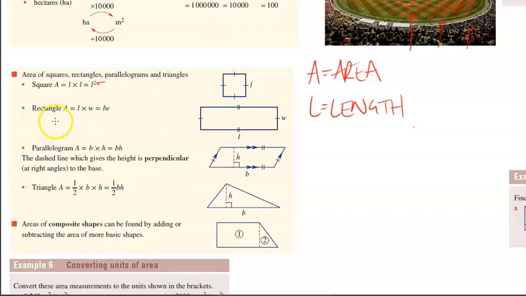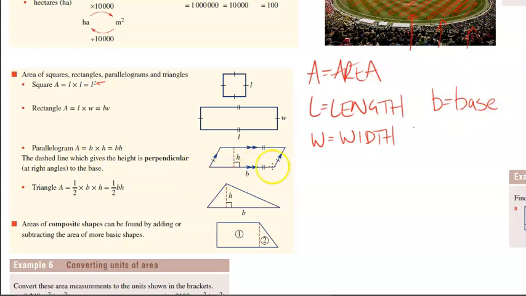For the area of a rectangle, this is L times W, W standing for width. So if you get a rectangle, you give me the length, you give me the width, just multiply the two numbers together and that will tell you how many smaller squares can fit within the rectangle. For a parallelogram, without going into the reasoning behind why this works, the area is B times H. B is the base